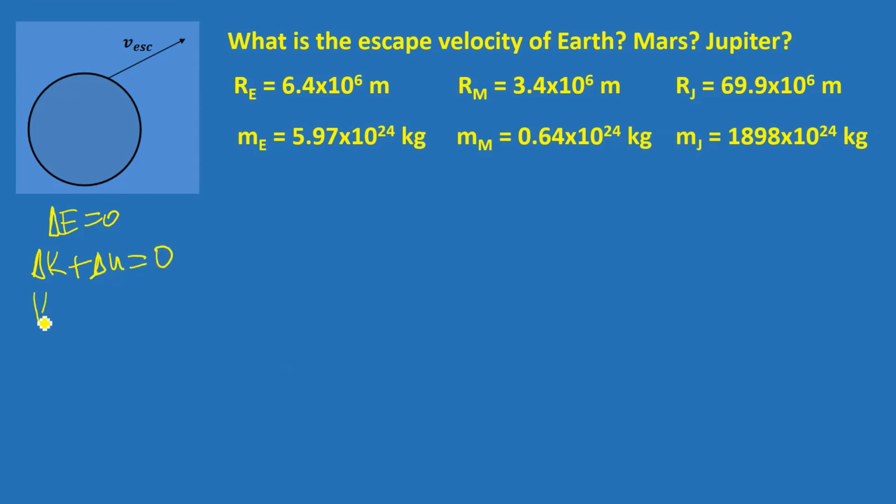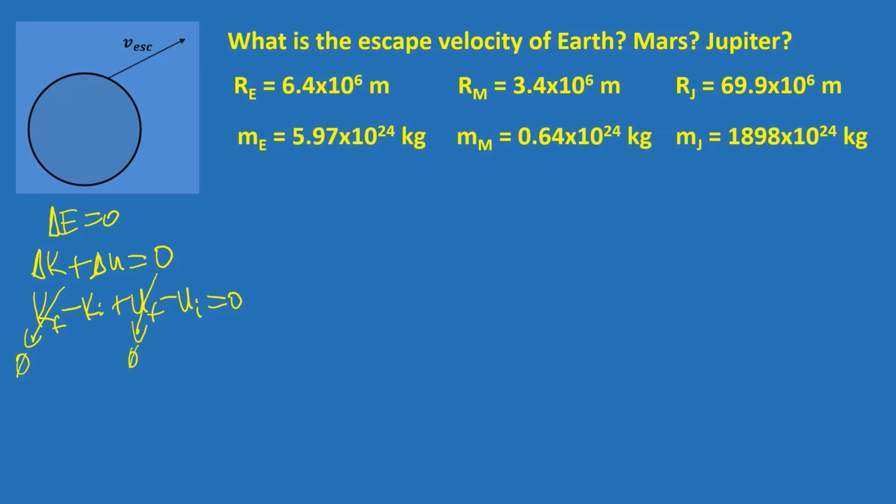And so we have K final minus K initial plus U final minus U initial equal to 0. Well, the very definition of escape velocity is the minimum velocity required so that at the final state, it just barely comes to a stop, infinitely away